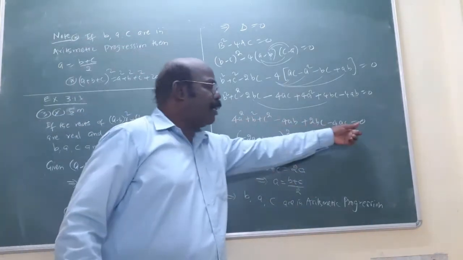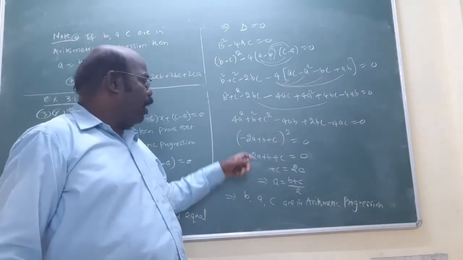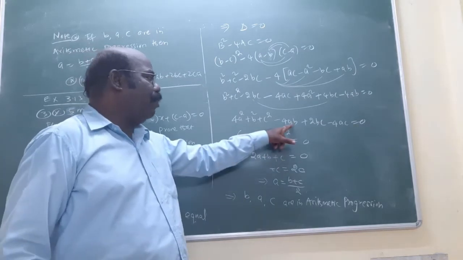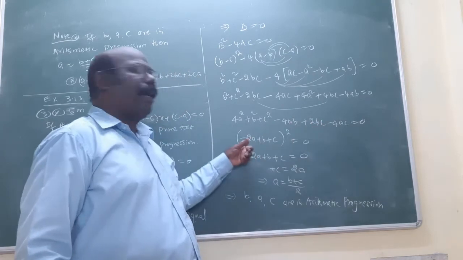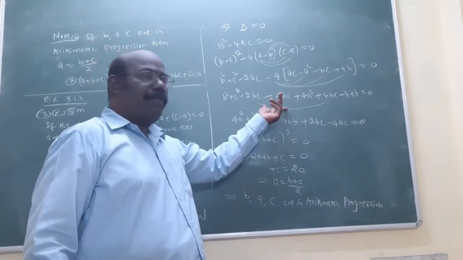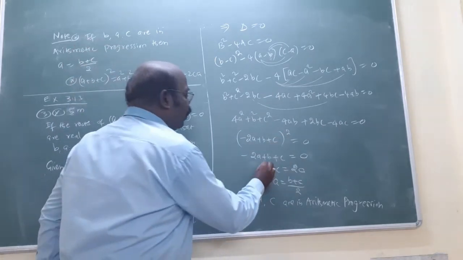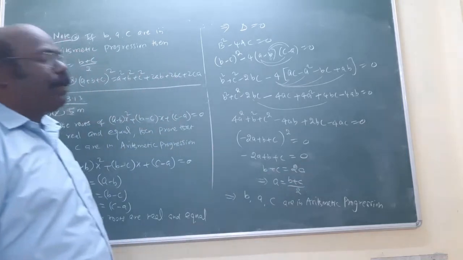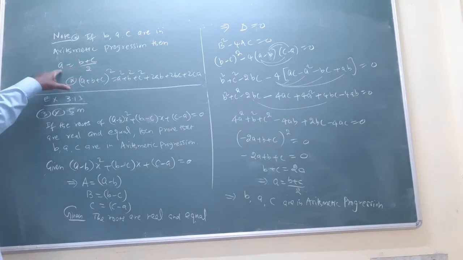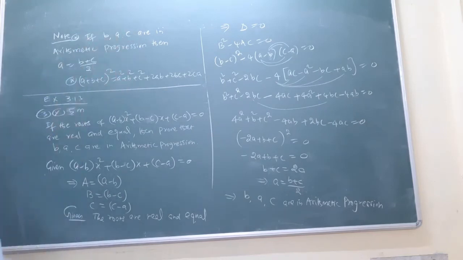Now the whole term is of the form of the formula: minus 2A plus B plus C whole square. Why are you putting minus? Because the A is not minus. The remaining B and C are put positive. That's why I am putting minus. The next one is the same term. Next, the square will be removed. Therefore, here B plus C equals 2A. We want A, so cross multiply: A equals B plus C by 2. Already noted clearly: if A equals B plus C by 2, it means B, A, C are in arithmetic progression. Important, 5%. That's all.